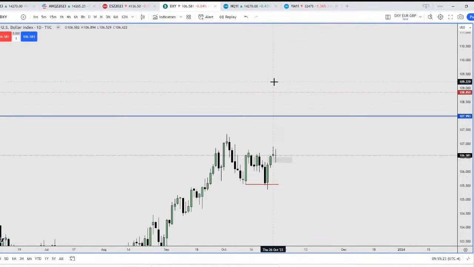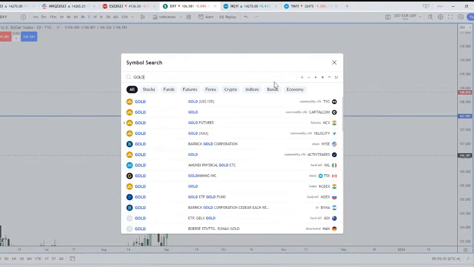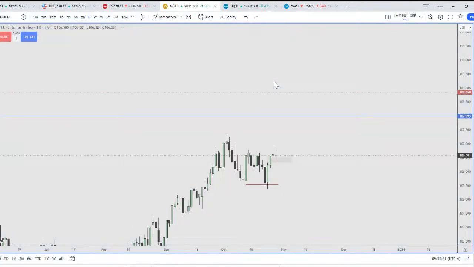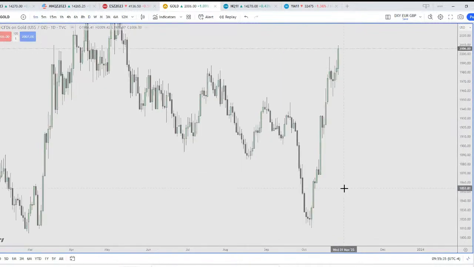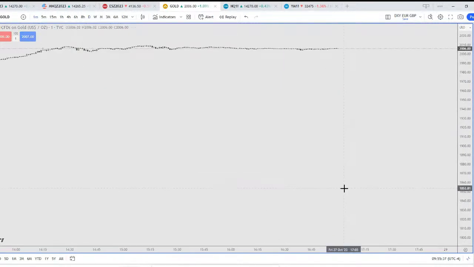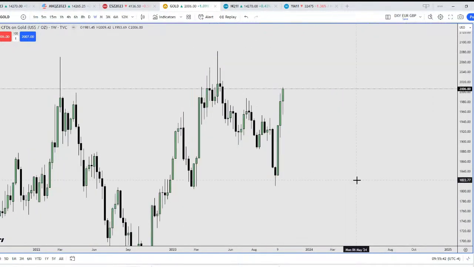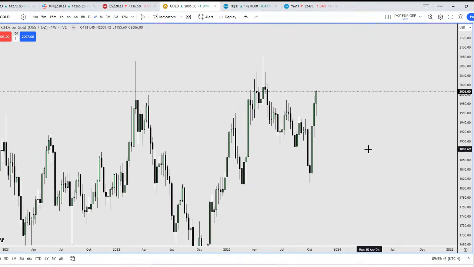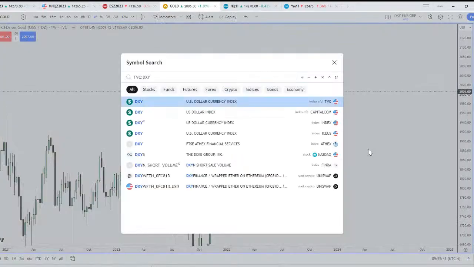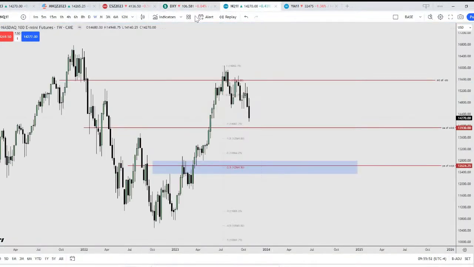Okay, basic. So moving on, I am going to cover gold. It's been a while since I have covered gold because it hasn't really been moving much until some of the world events taking place. Right here, this is gold. Oh, hold on a second. I'm on the wrong template. I'm going to move on to the next template. Gold.